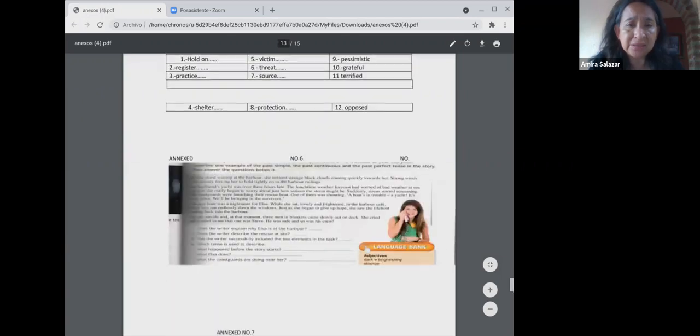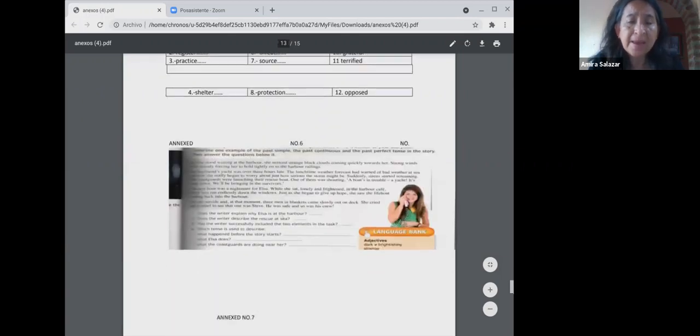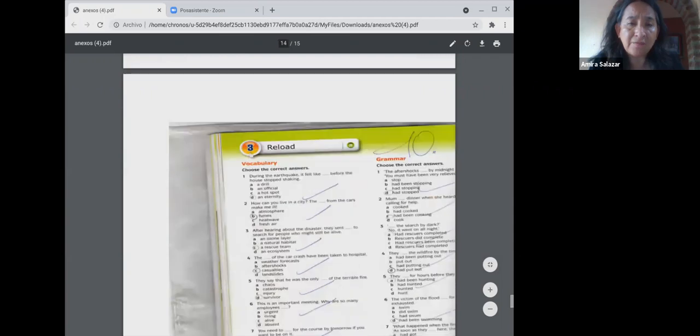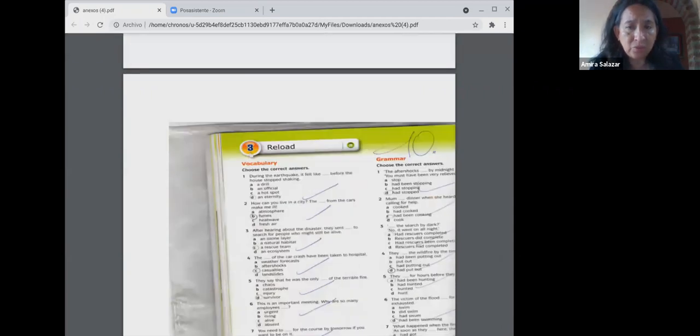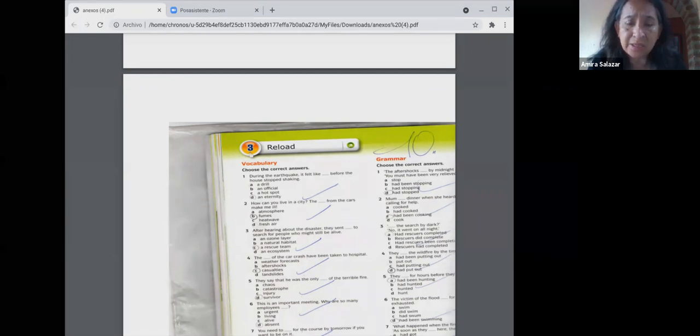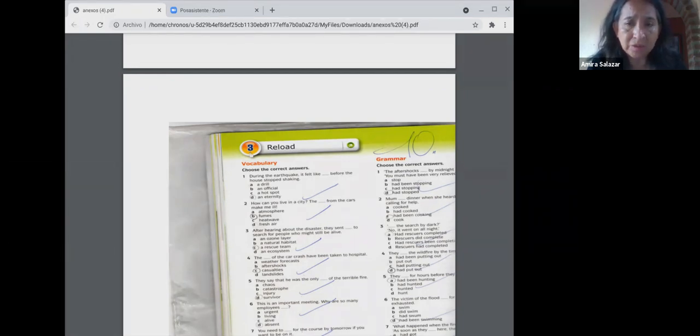Then, as a last exercise, they're going to have a vocabulary review and a grammar review. This is the last lesson plan I am going to explain through video, and I would like to explain that all the